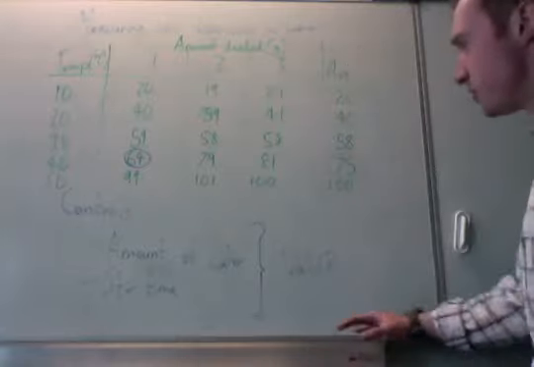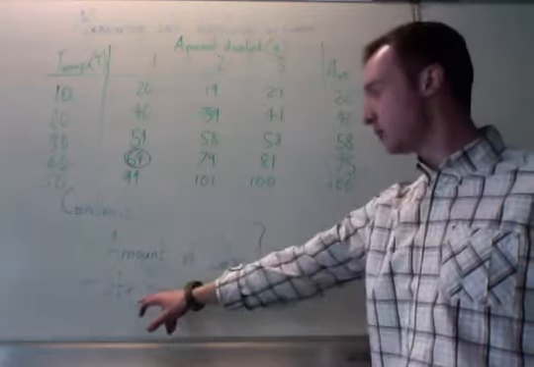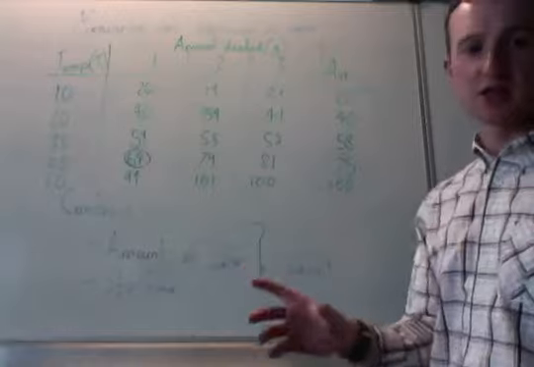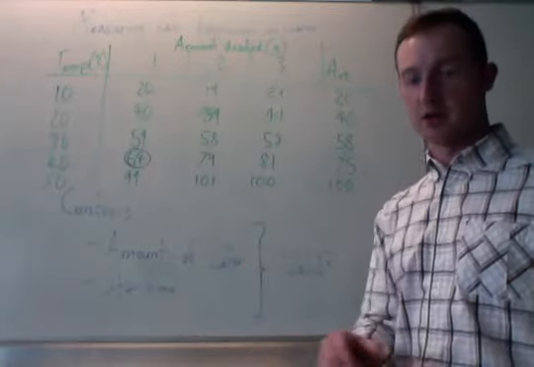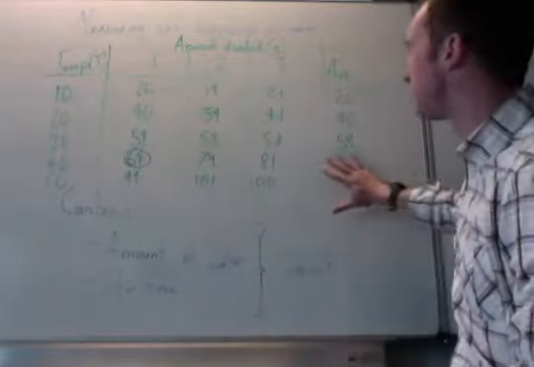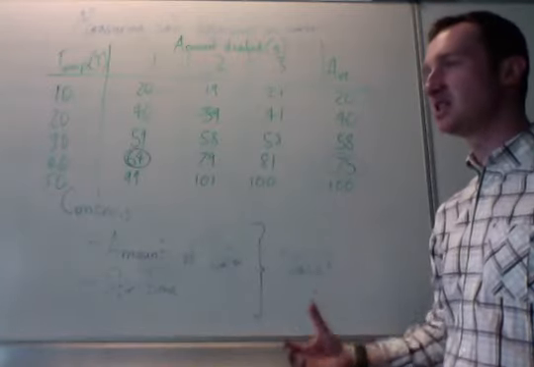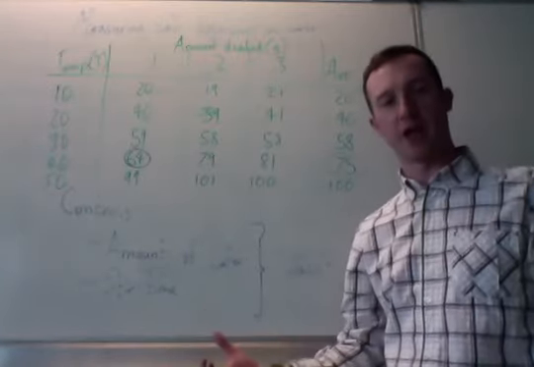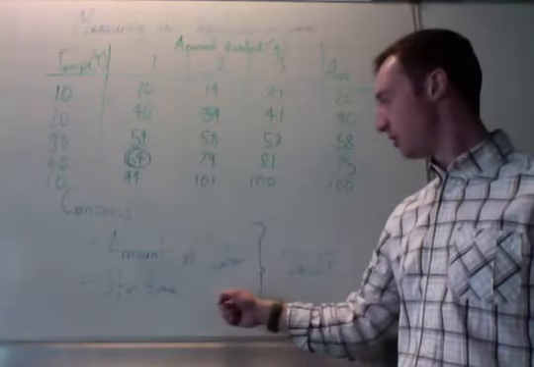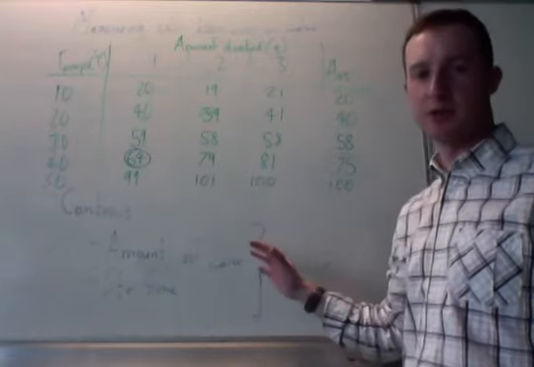And then validity. So the controls might have been the amount of water that we used, the amount of time we stirred it for. Even if the results are reliable, that does not mean that they are valid. Changing one of these control variables may have changed the results that we got. So valid we think of as being, if we did this experiment over and over and over again, would we get the same results? I don't know. What if one of these control variables changed? It may change all the results that we get.